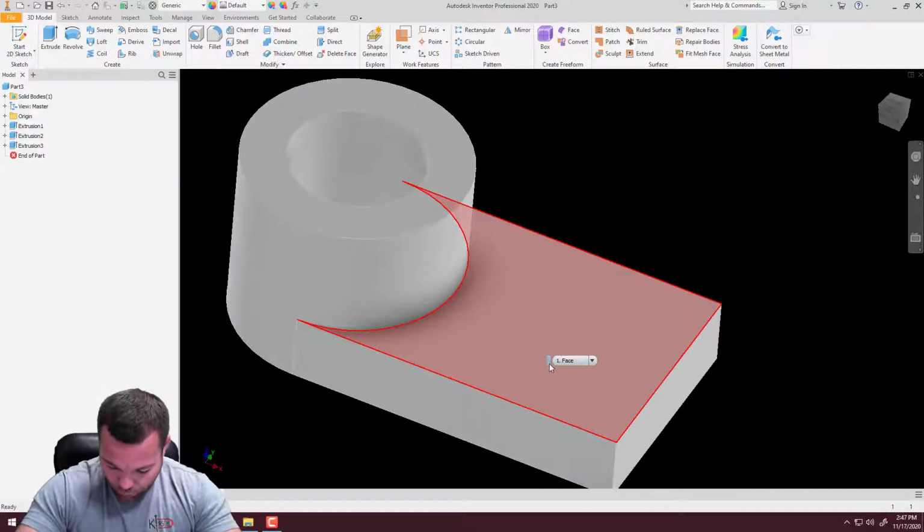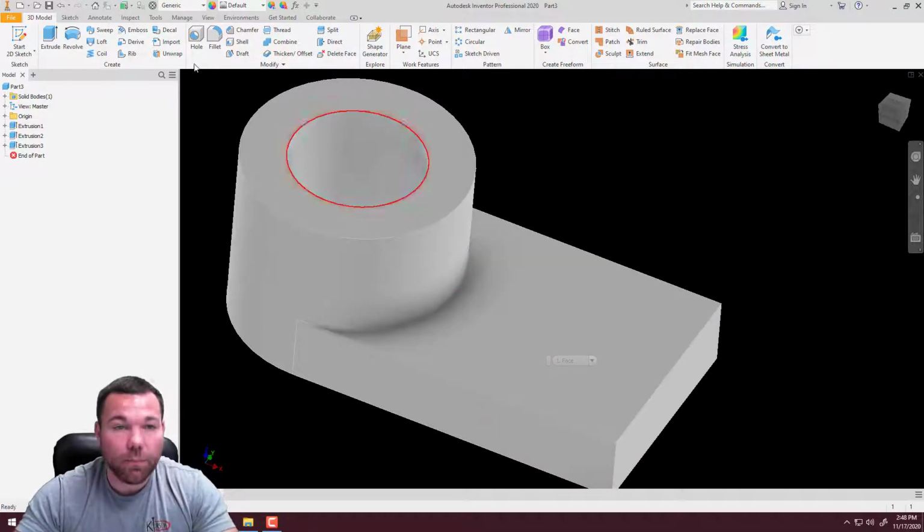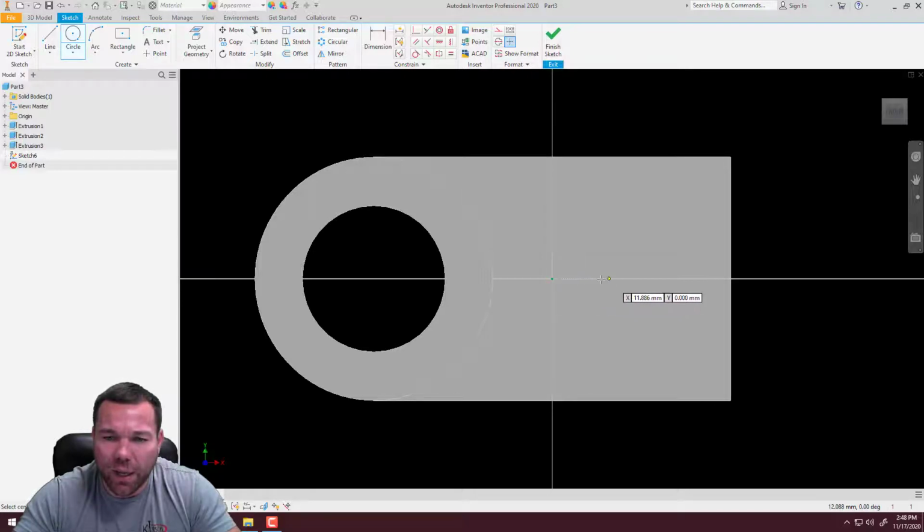Okay, so now we are going to put a slot in this part, and just got to look for some dimensions here. Okay, so we got a 20 millimeter hole. So I'm going to go ahead and start a sketch on this surface. So I click on that surface, hit sketch, and it'll start the sketch. The 20 millimeter hole looks like it's centered, so I'm going to snap. I'm not sure if you can see this in the video, but there's kind of like a little dotted line, like a tracking, that shows me that I'm lined up with this origin. So I'm just going to create my